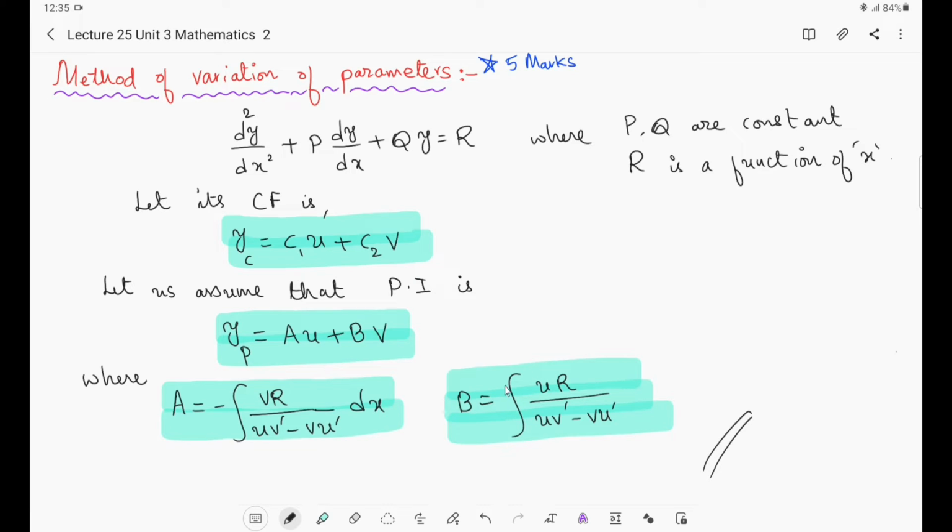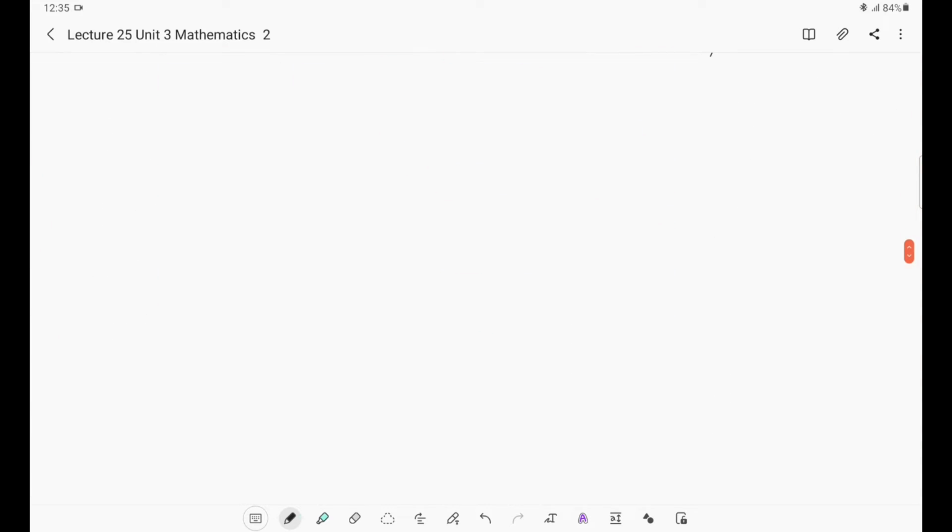The same way b is given by integral u r by u v dash minus v u dash into dx. So we have to remember these two formulae for a and b, right. This is what the method is. Now let us see problems related to this. So first problem,